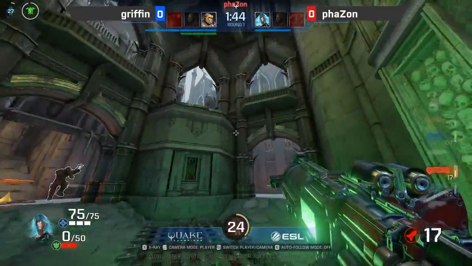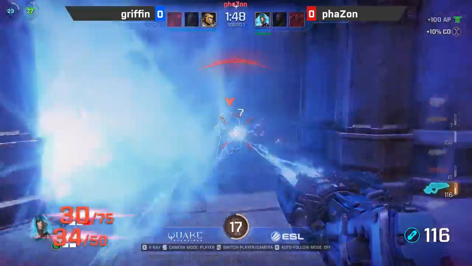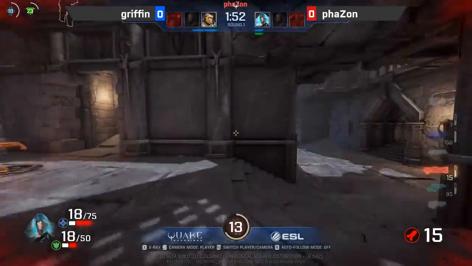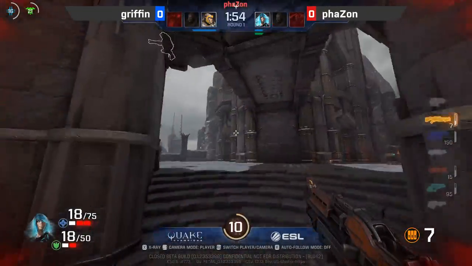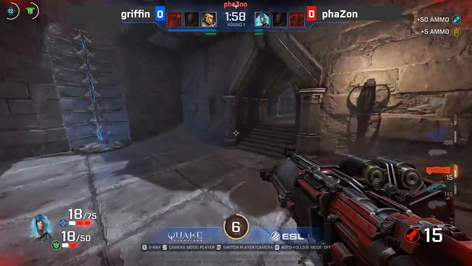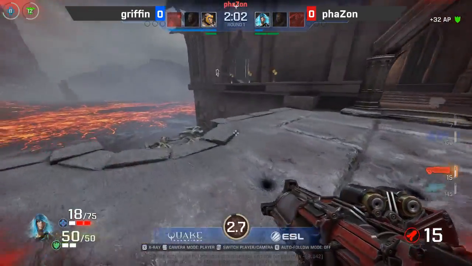And with 2 seconds to go, leaping in, looking for the spawn. They actually did miss each other. phaZon just getting out of there. Thankfully, has that extra health to work off of, and now over to the LG. Almost has his opponent finished off, but does not want to chase down those last few points of damage that are needed to secure the kill. It's a very close fight. Both are on the verge of death right now. Griffin in better shape now after he picked up the health, but...